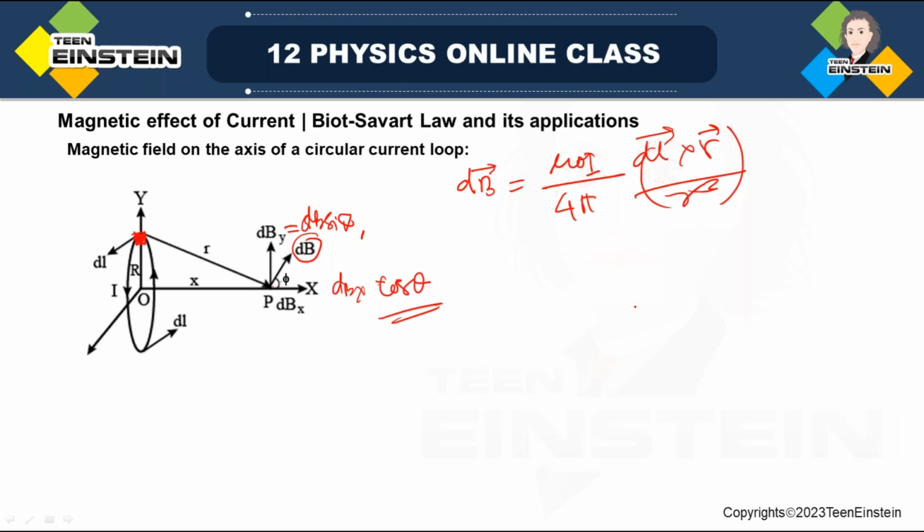Now what we are going to do for the magnetic field, we'll put the value I, then 4 pi, and put the value of dl. I'm sorry, dl may not be given. Okay, so far it is all right. Now we have to